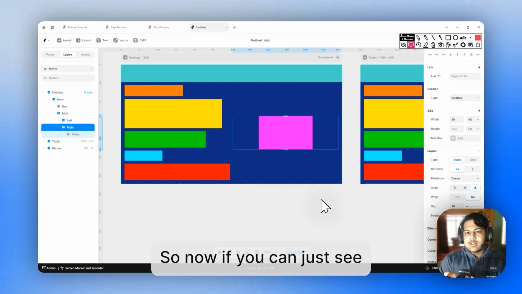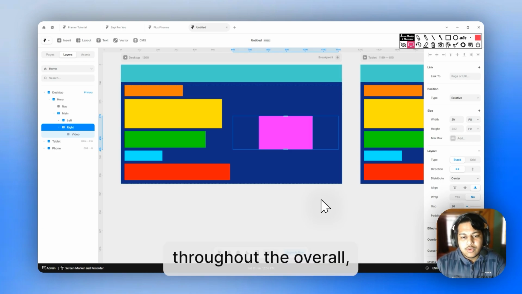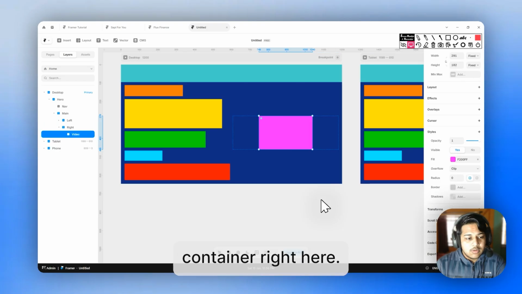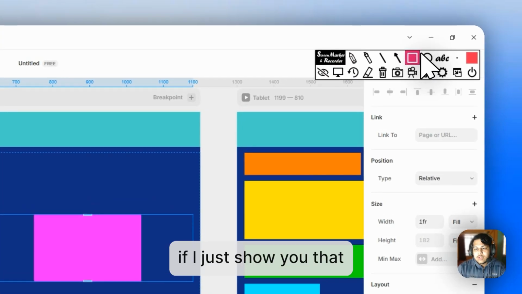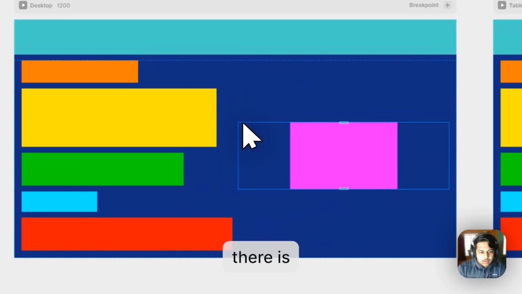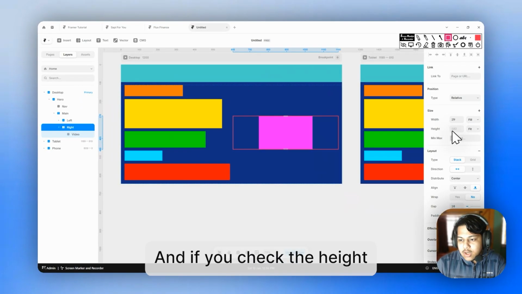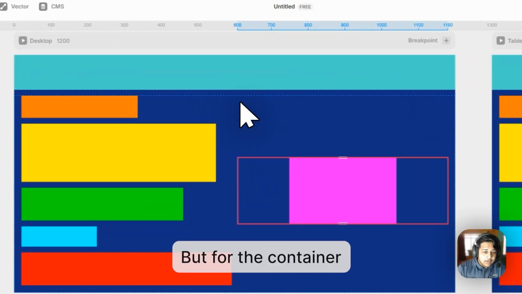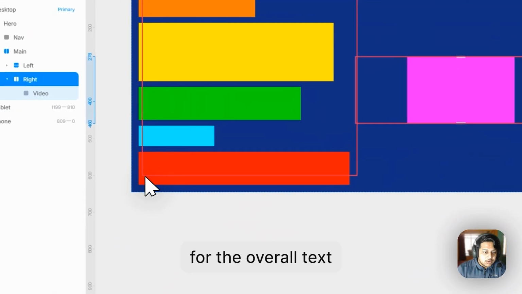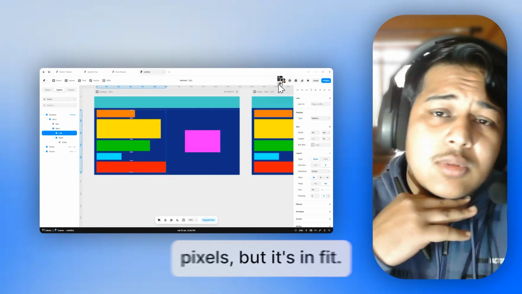Now you can see there is a blue container throughout the overall video container right here. Okay. So if I show you that there is the container, and if you check the height of it, it's only 182 pixels. But the container that we are getting for the overall text and things is taking around 515 pixels,